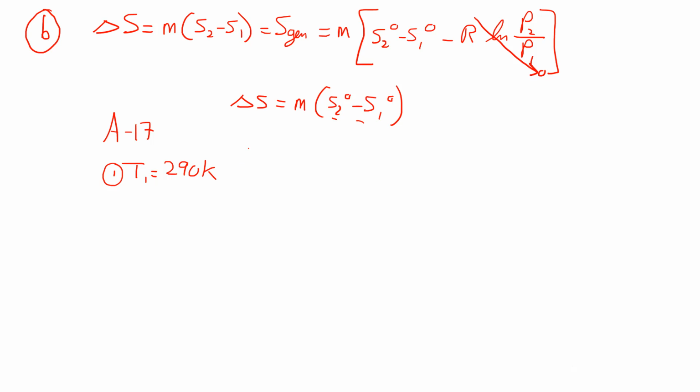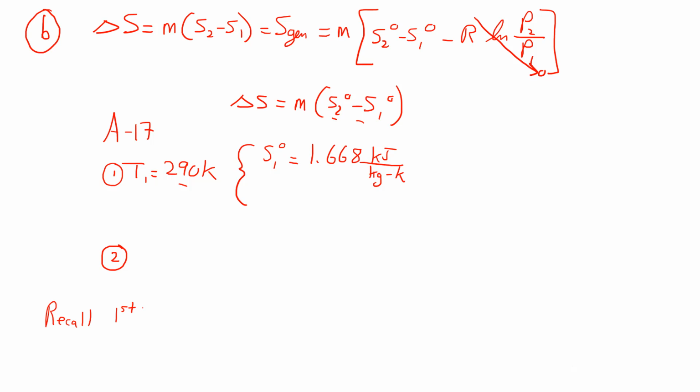So for state 1, I can get that my S1° is 1.668 kilojoules per kilogram Kelvin. Now again, that's going to the table and looking at a temperature of 290 Kelvin and finding the entropy, the temperature dependent portion of entropy. Now, I need to go to state 2. Again, I don't have the temperature at state 2, but if I recall